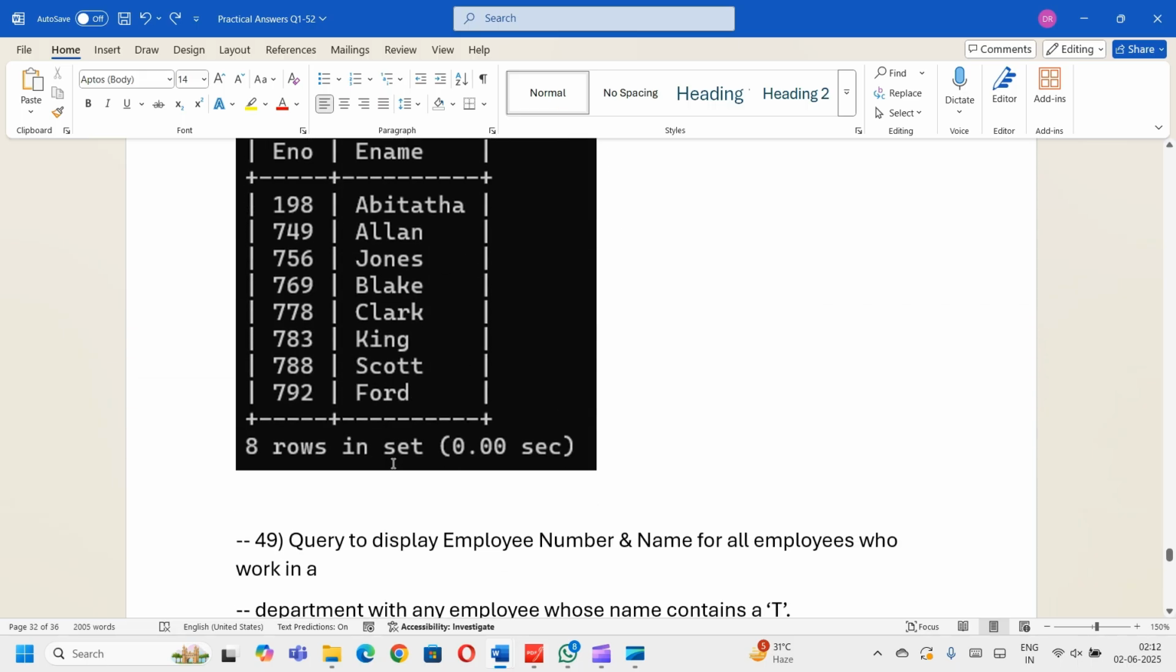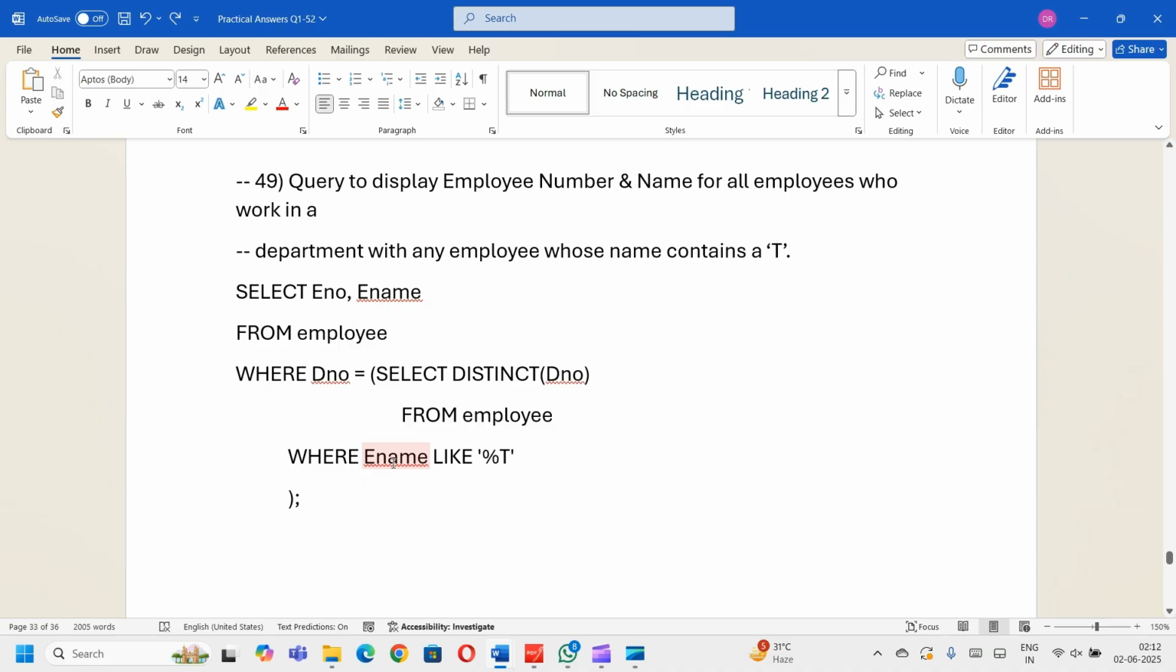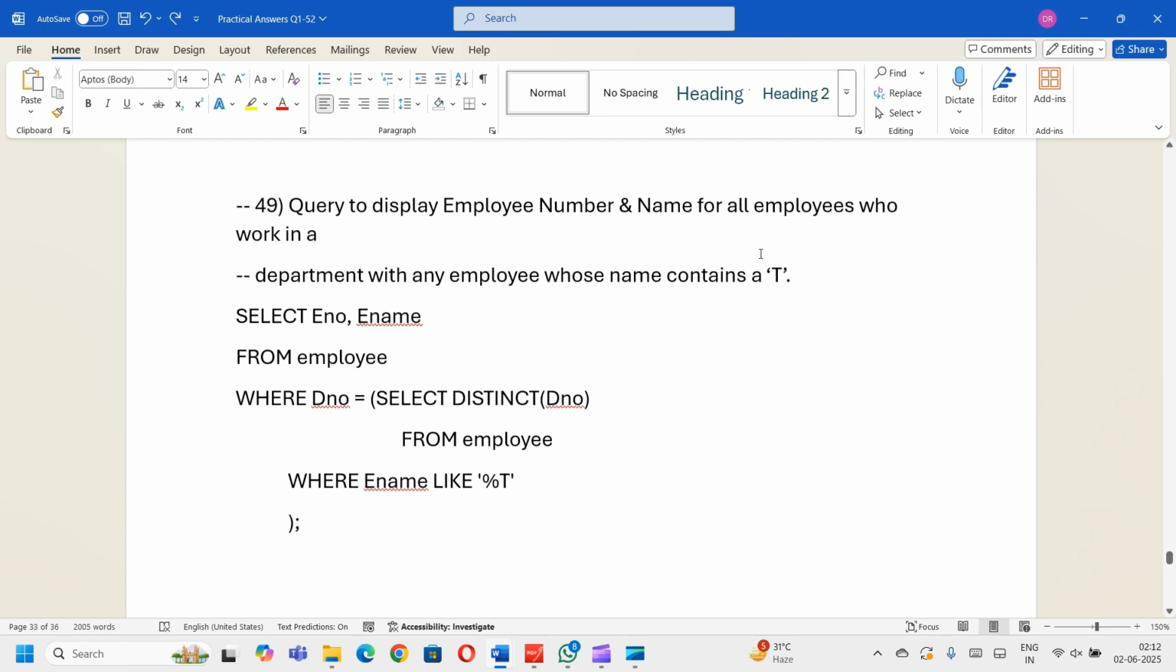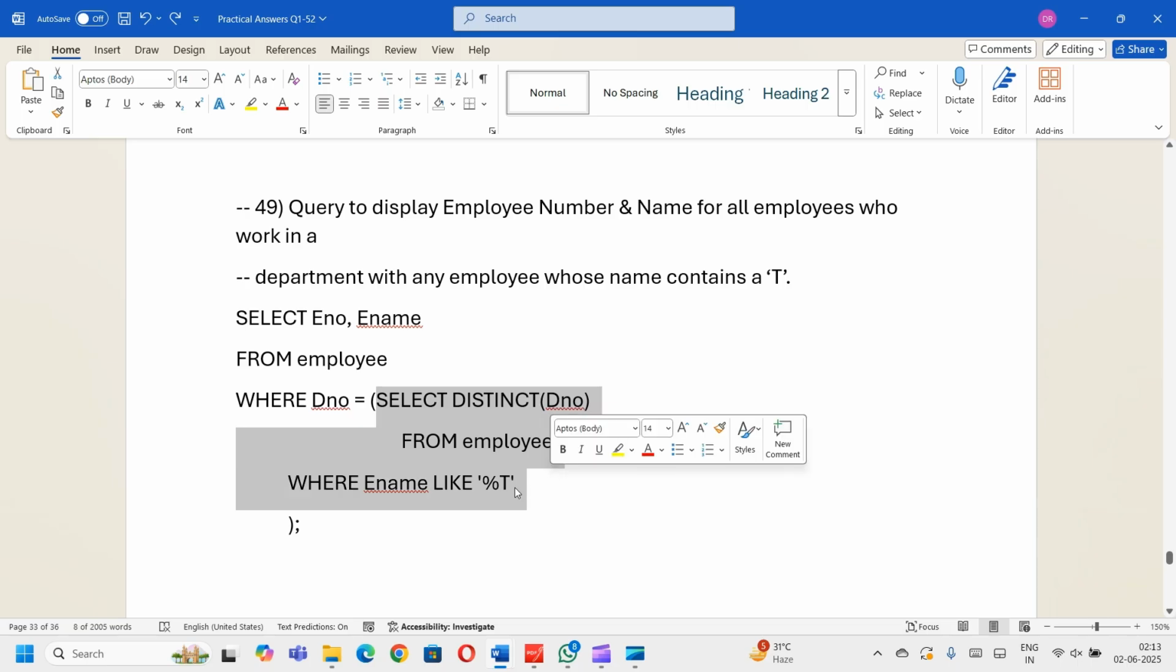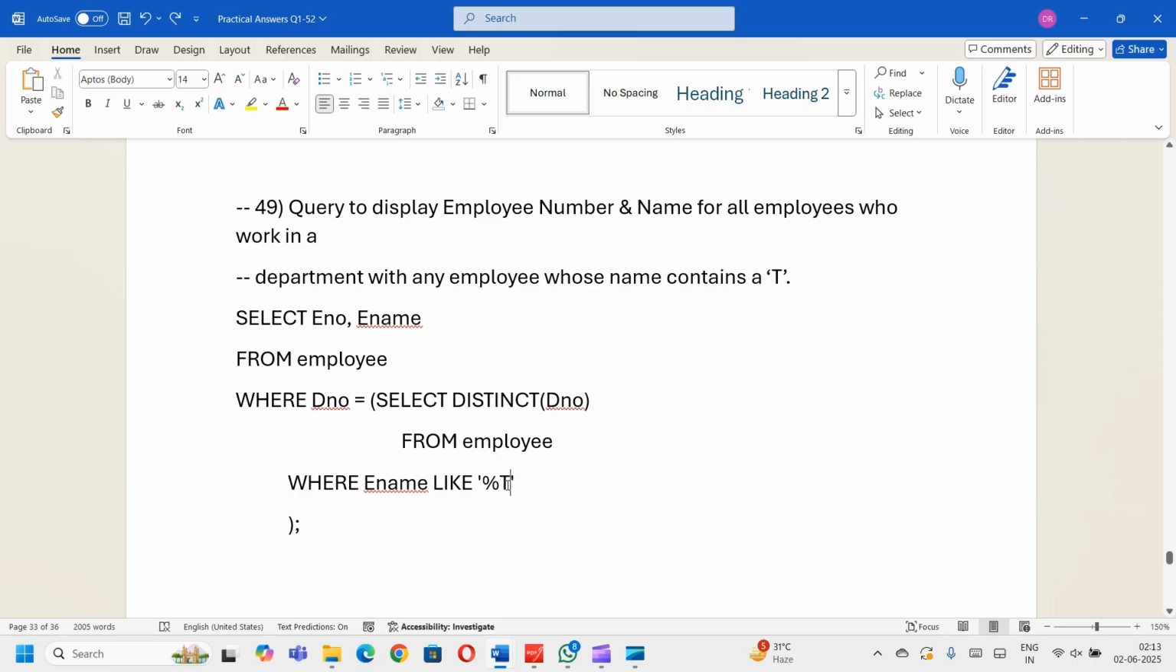Now, 49, query to display employee number and name for all employees who work in a department with any employee whose name contains T. We have done this actually. Select the employee number, employee name. DNO is again select distinct DNO. Even if you don't write distinct, it will work, but it might increase the overhead. That's all. Select distinct DNO from employee where ename like this. Now, contains T, so you just make it this. Okay,